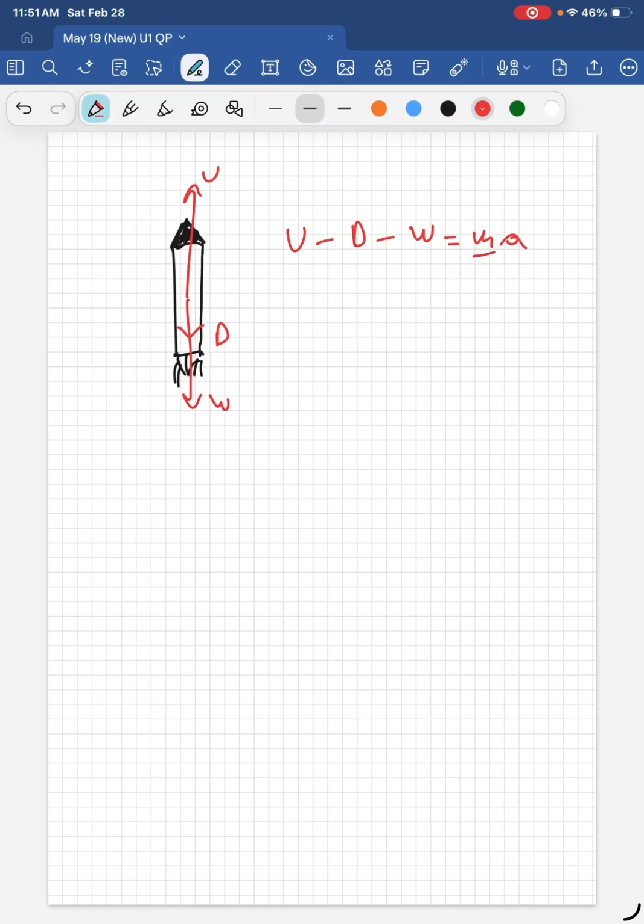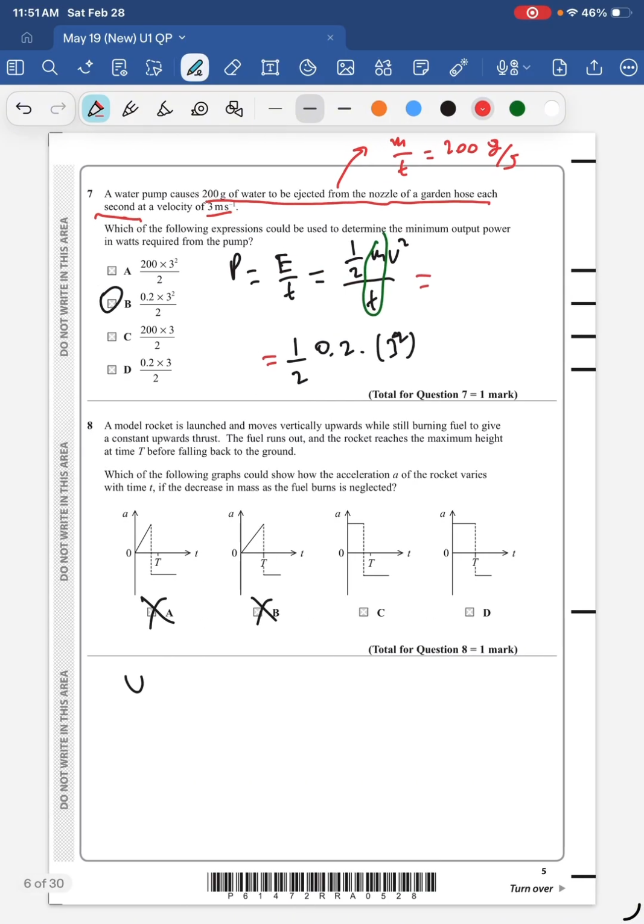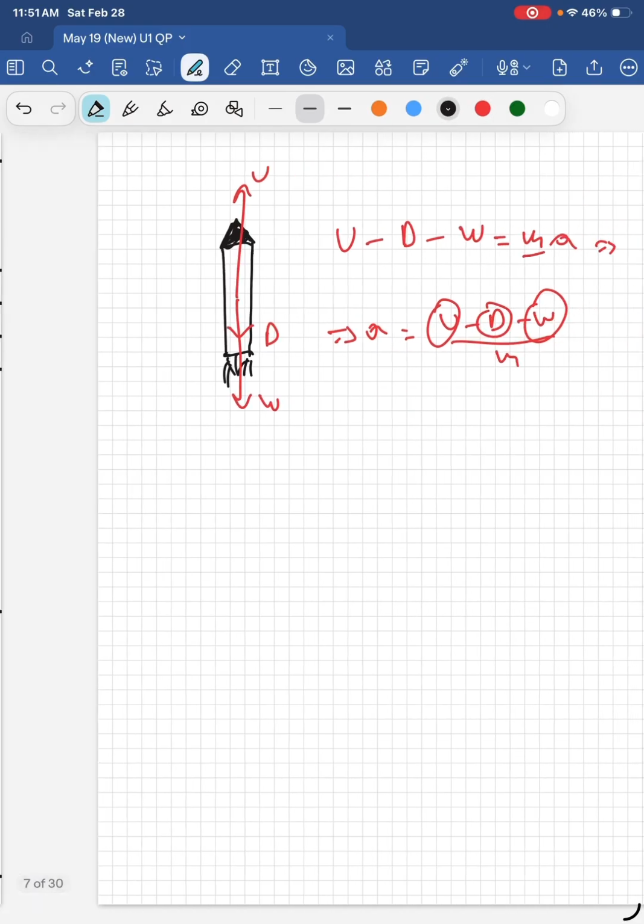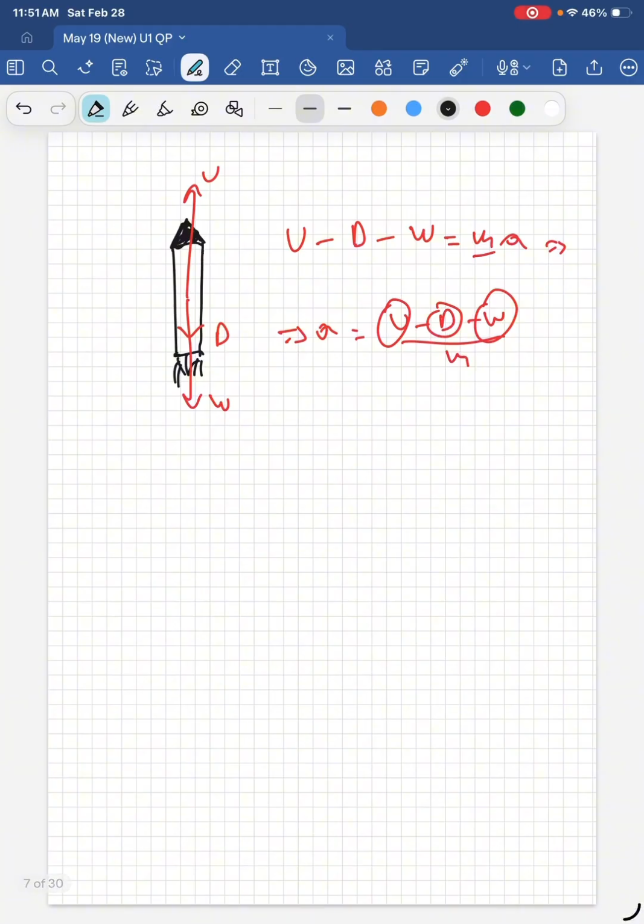Which is not because it loses fuel, right? It burns fuel. But anyway, so a is upthrust minus D minus weight over m, so it's constant, right? Because upthrust is constant, weight is constant, and drag can be taken as approximately constant, I guess. Do they ask us to ignore the drag force? They don't. Anyway, so as it moves up, at some point,